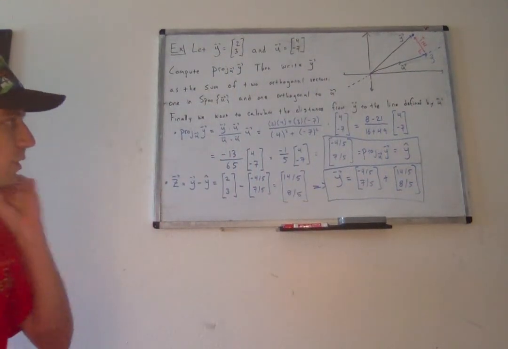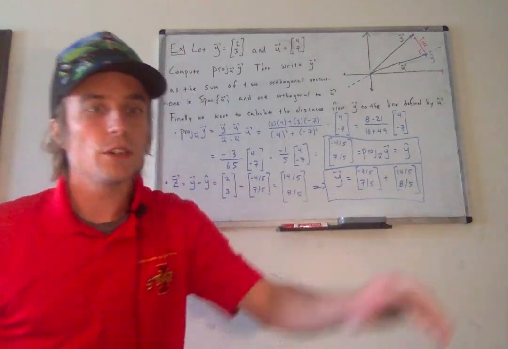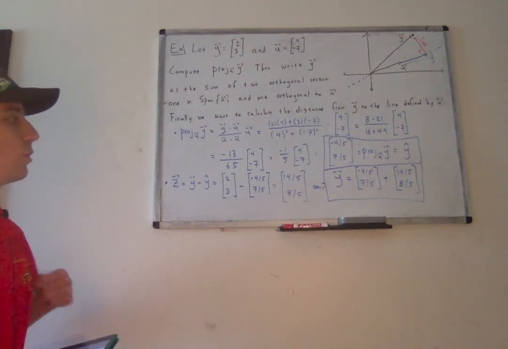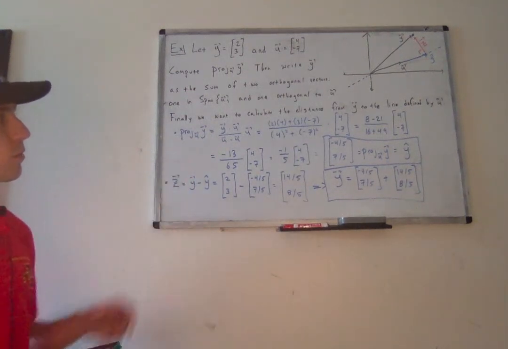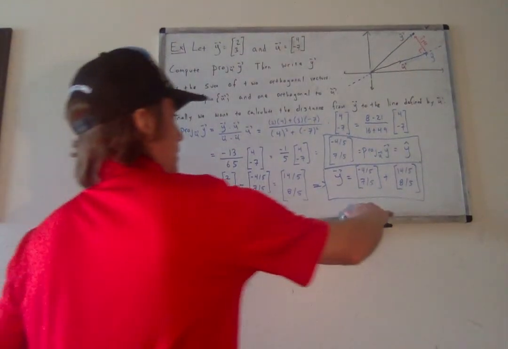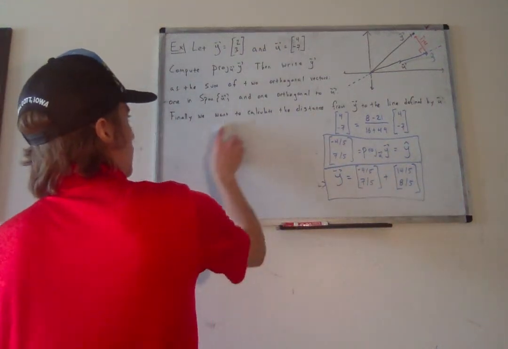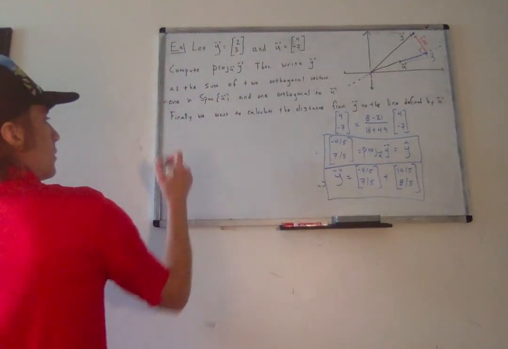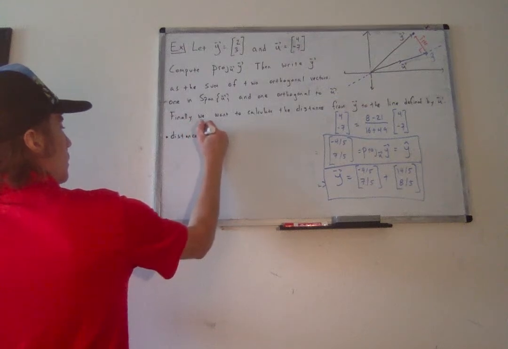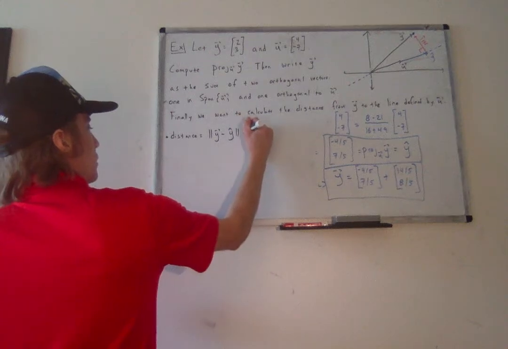And so notice in particular, this vector is a scalar multiple of u, and this vector here is orthogonal to u. And so we're almost done. We just want to calculate the distance from y to the line defined by u. And remember, all that this distance is just the length of this vector z. So distance is equal to the norm of y minus y hat is equal to the norm of z,